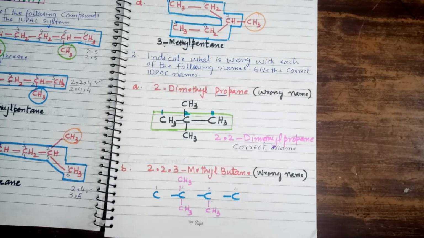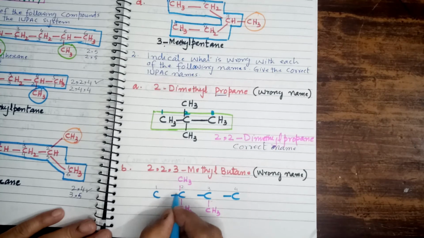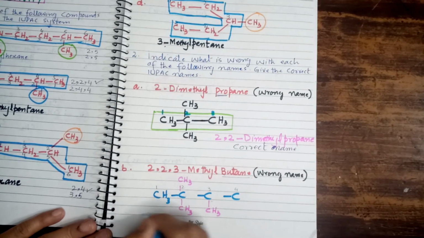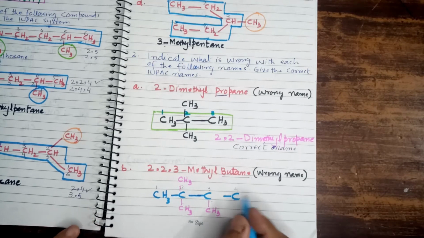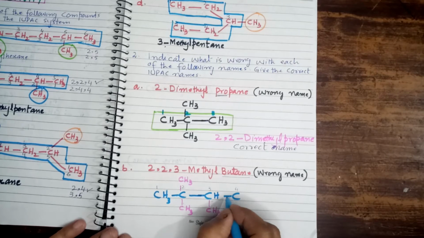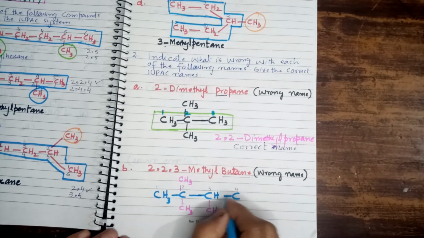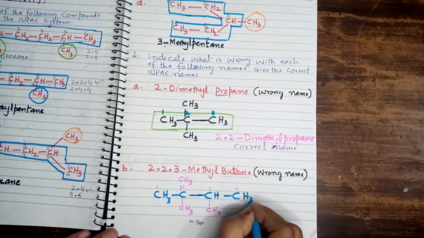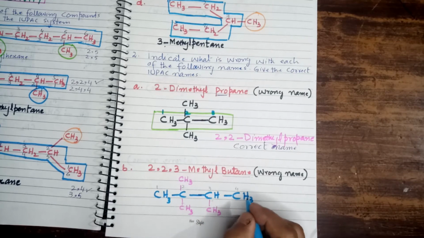Now we attach the methyl radicals with the carbon skeleton of the parent chain. Now students, fill the vacancies with hydrogen. This carbon forms one bond, here we write 3 hydrogen. Carbon becomes tetravalent. This carbon forms 1, 2, 3 and 4, right? Already this carbon is tetravalent. No more vacancy of hydrogen. This carbon forms 1, 2, 3, plus we write 1 hydrogen. Got it? And this carbon forms 1 covalent bond with this carbon, and here we write 3 hydrogen. 3 plus 1 is equal to 4, right? Now